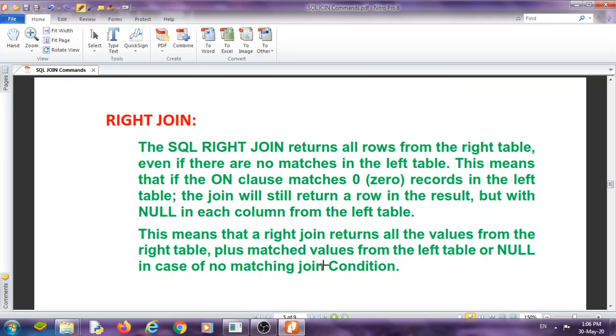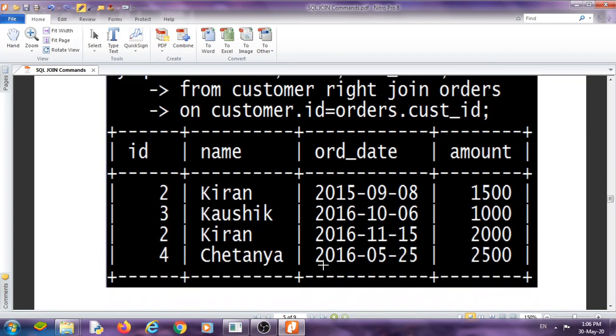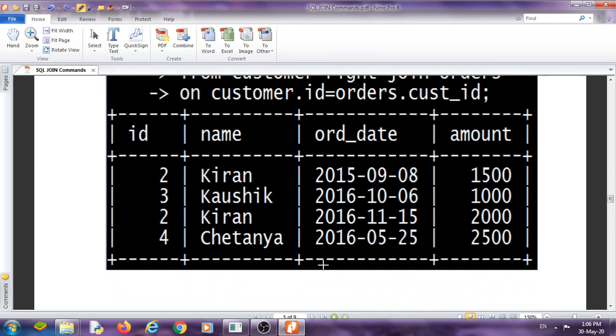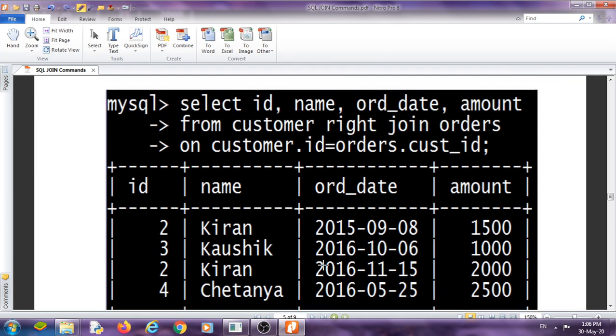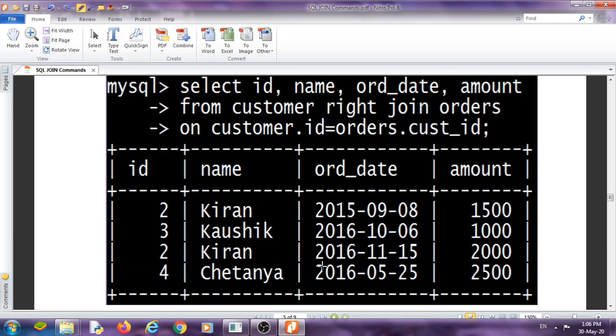Now right join, it will work just the reverse of left join. Okay, here we are using customer right join orders. This is the order, it will display all records from the orders table.